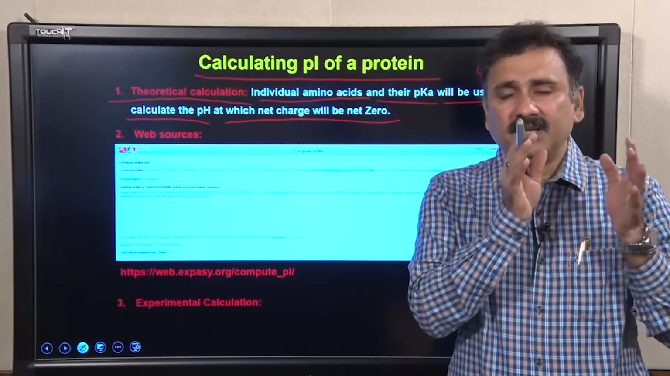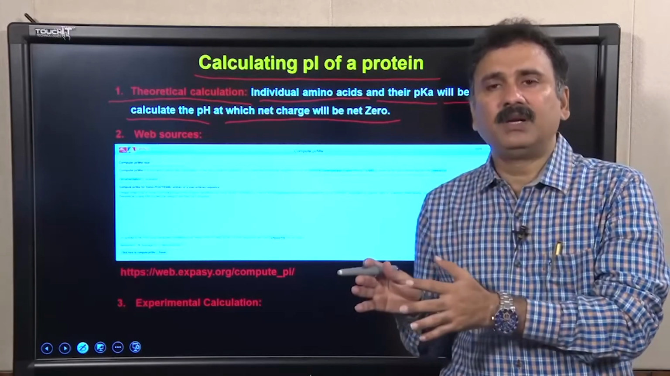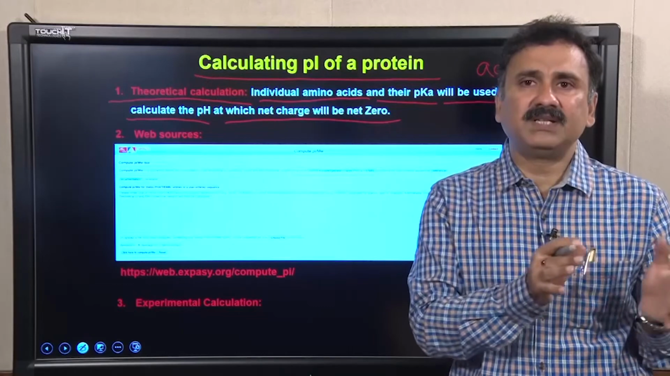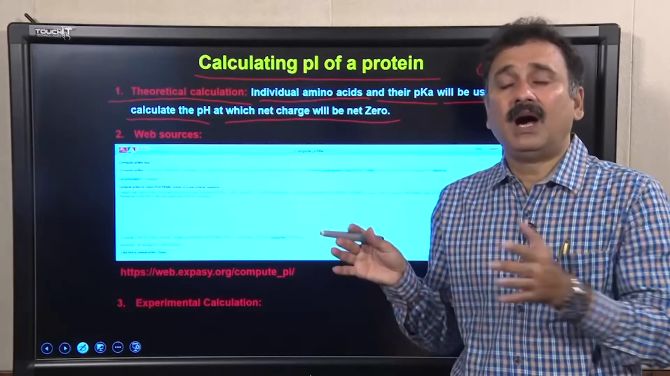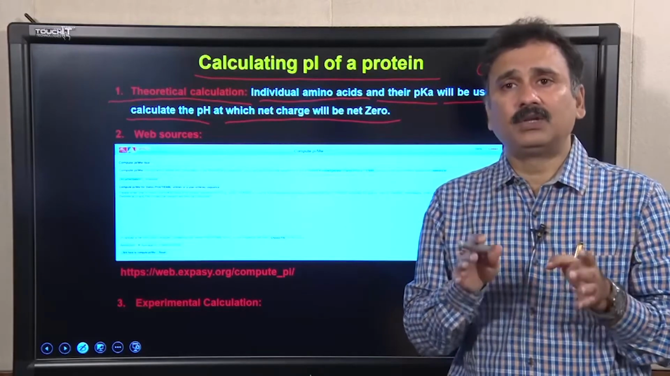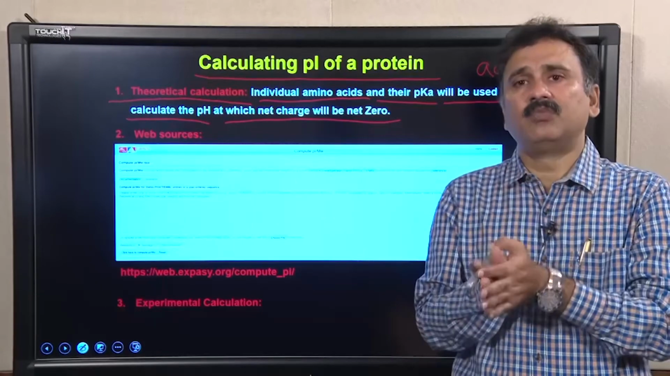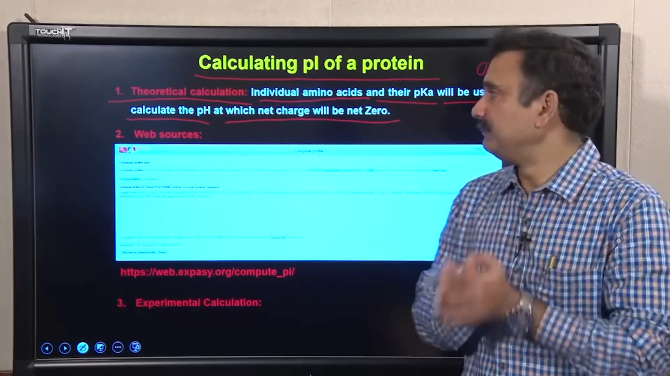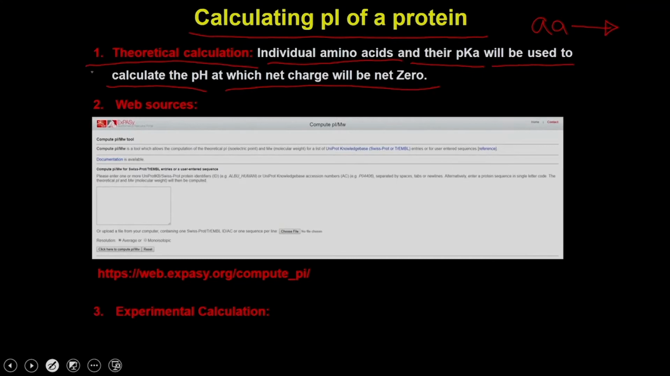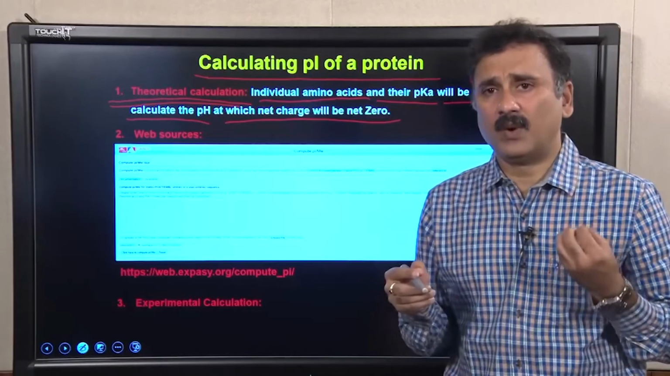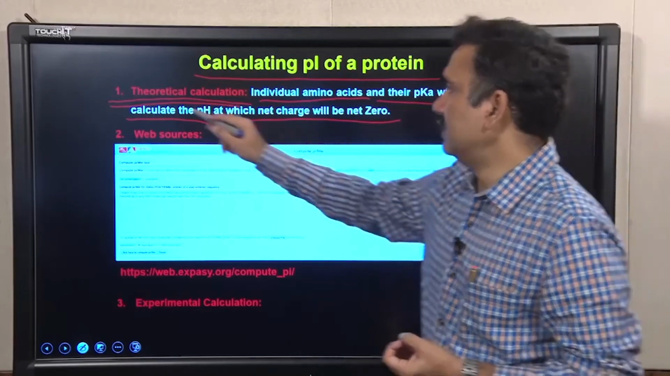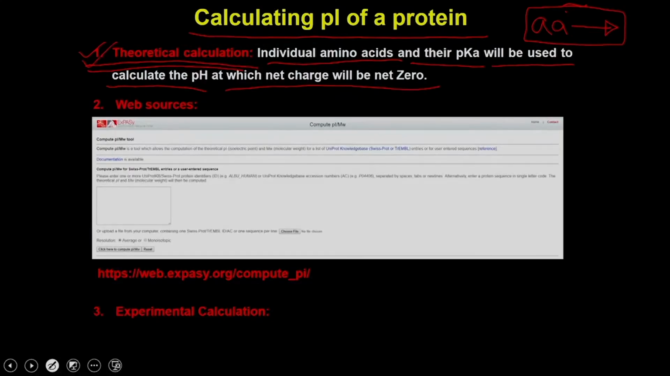So, at the isoelectric point, the number of positive charges and the number of negative charges are going to be equal, and that is how the net charge on the protein is going to be 0. By theoretical calculations, one of the primary requirements is that you should know the amino acid sequence. If you know the amino acid sequence, you can use theoretical calculations,